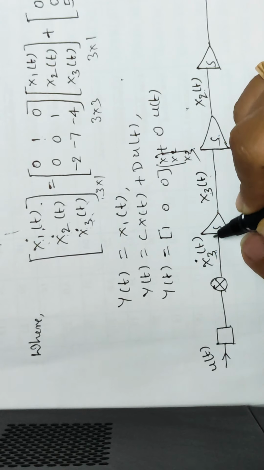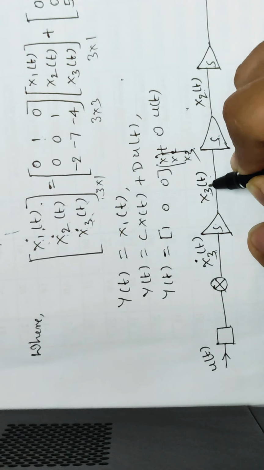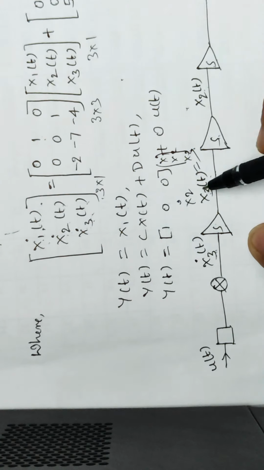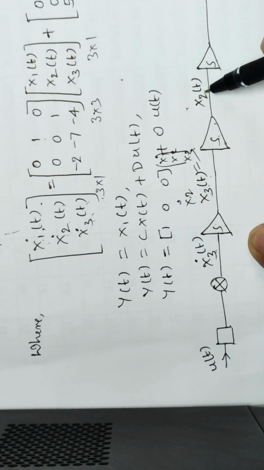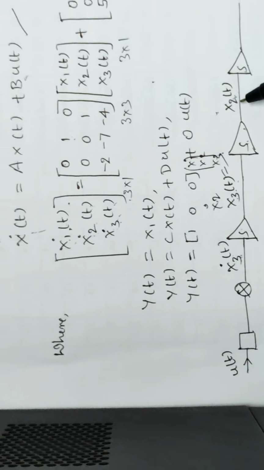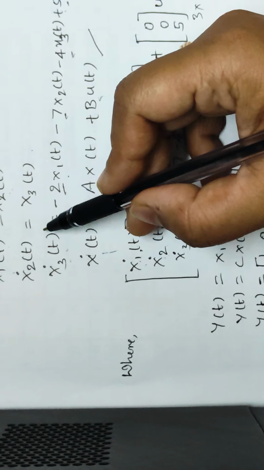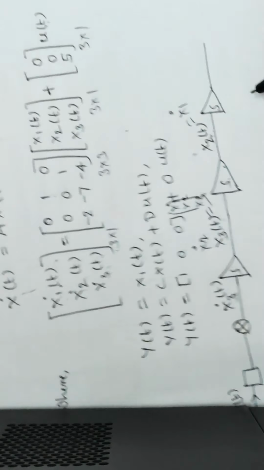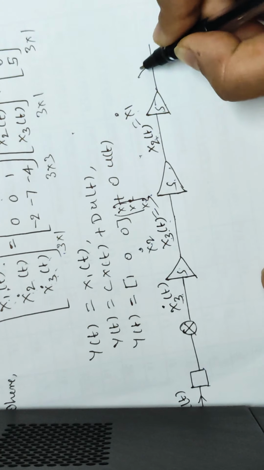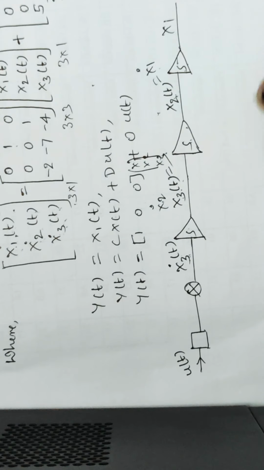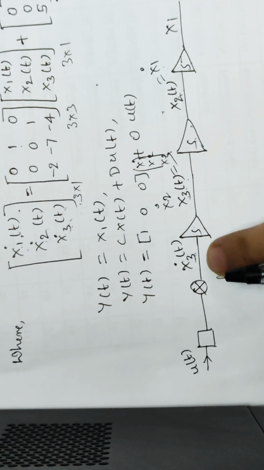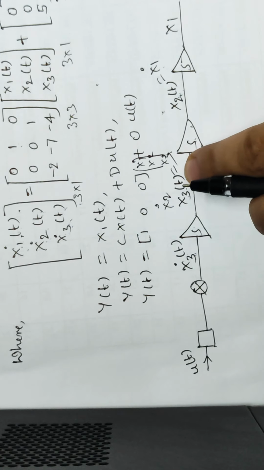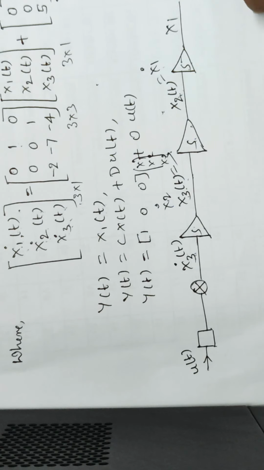If you integrate x3 dot, what do you get? You get x3. x3 is equal to what? x3 is equal to x2 dot. If you integrate this x2 dot, what do you get? x2, okay. But in the equation x2 is equal to what? x2 is equal to x1 dot. Therefore x2 is equal to x1 dot. If you integrate x1 dot, what do you get? x1. Remember, if the higher order is 3, start from 3. If it were 4, integrate x4 dot and what do you get? x4 is equal to x3 dot; integrate it and you get x3. Like this you have to continue it, okay.